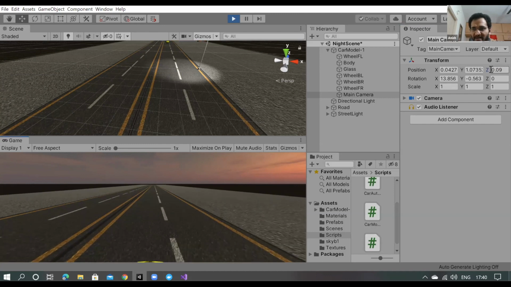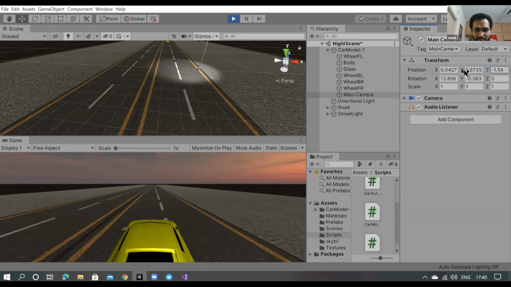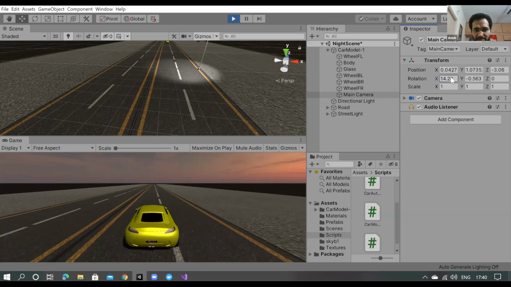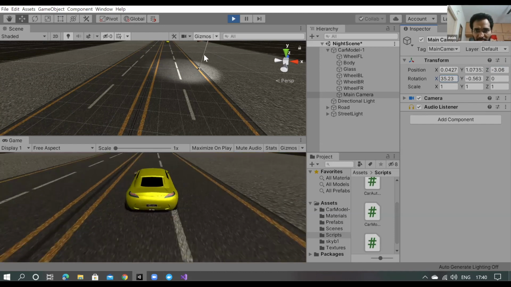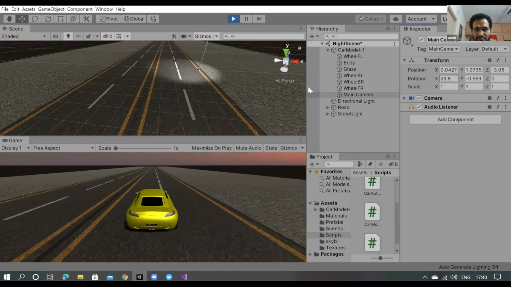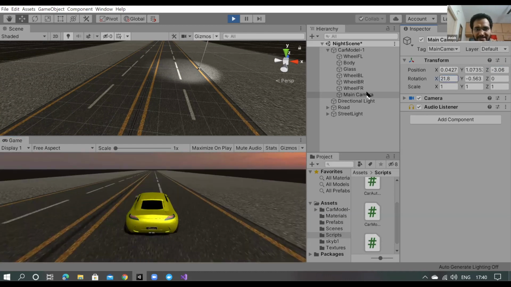You can change the angles as well, maybe the X angle. So these things you can play with if you want to.